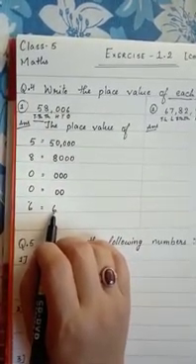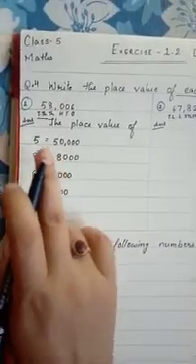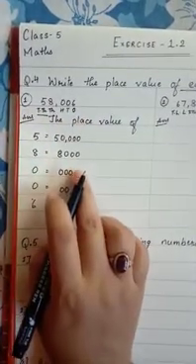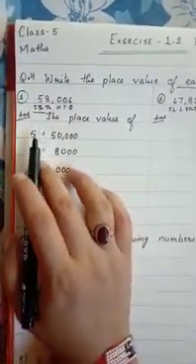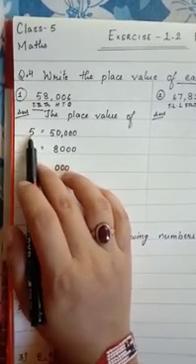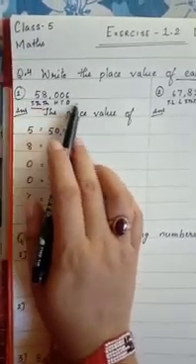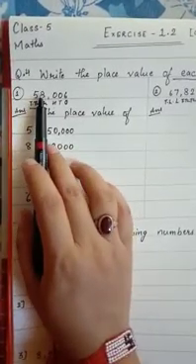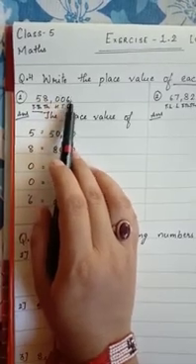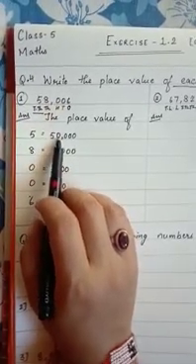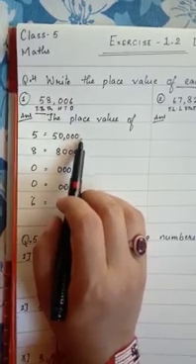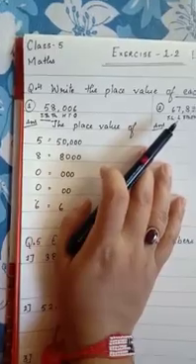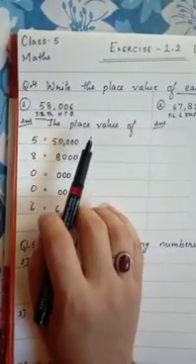write 6 over there. This you can do by writing it in the place value order, or you can also simply know this: if I want to write the place value of 5 from this number, I have to write that number, and after that count how many digits are there, like here 1, 2, 3 and 4 digits are there. So I will write 4 zeros over here. That will make the place value of the given digit. Okay. So in this way also you can go.